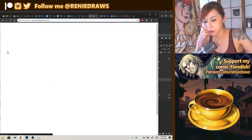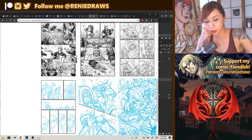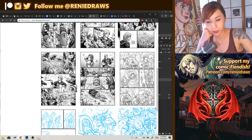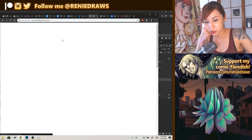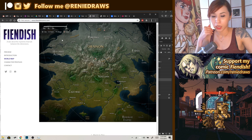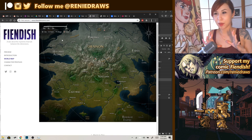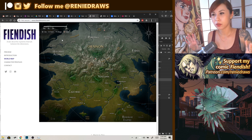But I have a preview page here. These are the previews I have so far, and some of these aren't done yet. See the page over here, page 16, is the one that I'm finishing up right now, and I have a world map here. But this isn't the full world map. I think this is just the continental map of Orion. But I kind of cropped it because I didn't want to post